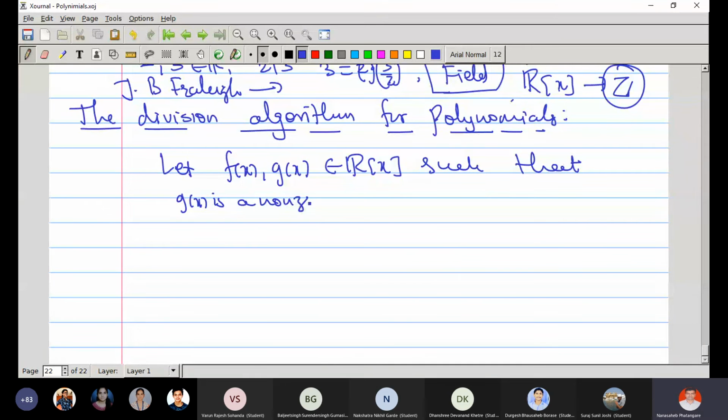Right, so take two polynomials and g(x) is non-zero, like integers, where we take an integer a and b is non-zero. Whatever we are studying in parallel lines, and therefore not difficult to understand. So f(x) and g(x) are polynomials and g(x) is non-zero, then there exist